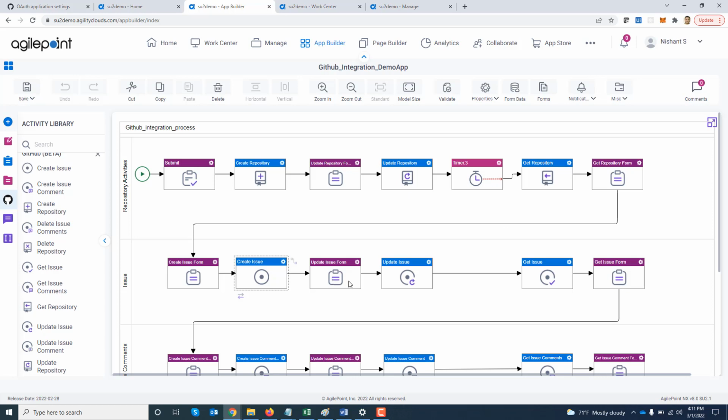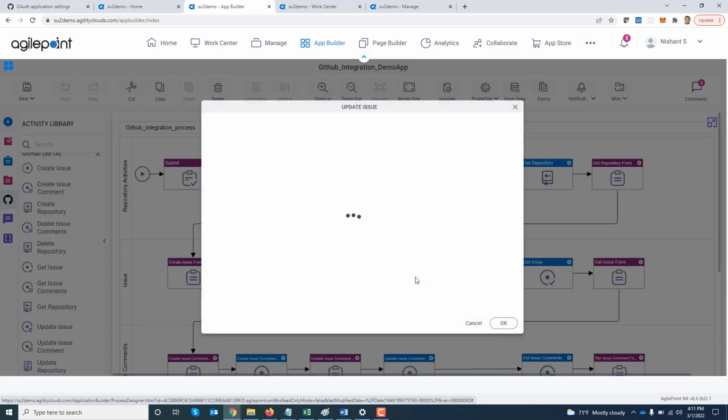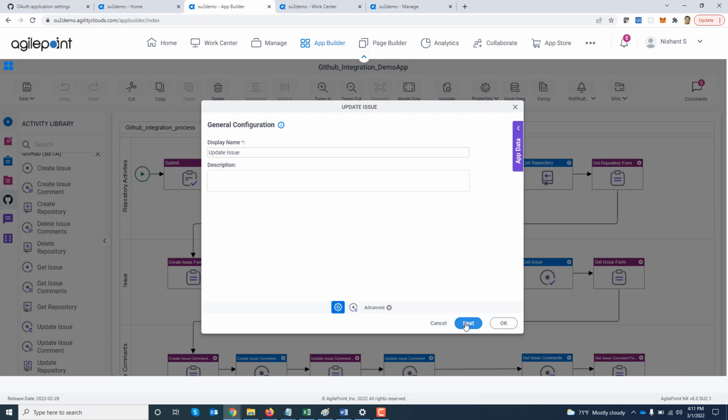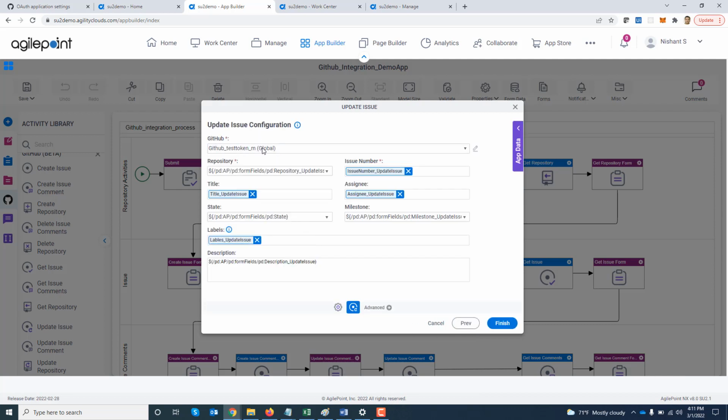Next, I'm going to update the issue over here in a form, maybe the issue description or assignee. I can connect to GitHub, provide the repository. I can specify the issue number which needs to be updated. Remember, I captured it in the previous step. And then I can update title, assignee, state, milestone, labels, description. Again, I can either have it as a variable or I can hard code it over here as well, depending